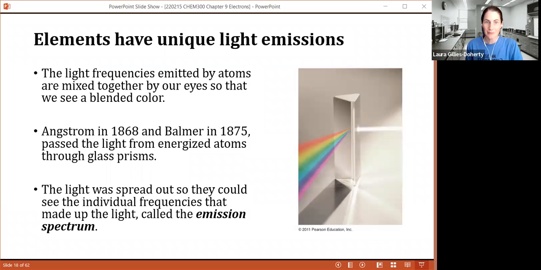So to start out with, elements have unique light emissions. What this means is that the light frequencies emitted by atoms are mixed together so that we see a blended color. So if we think of a prism, remember from before, prisms can take mixes of colors and separate them out into individual bands. Well, if we have a mix of color from an atom or element,